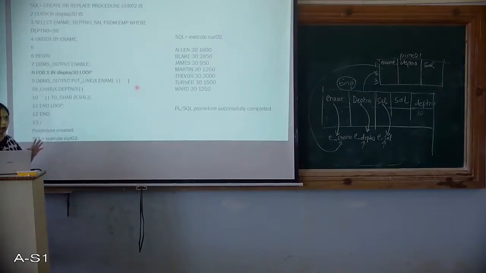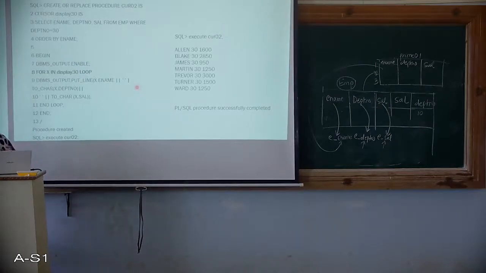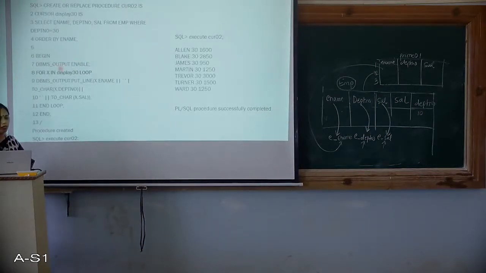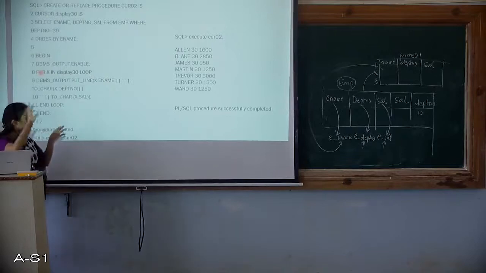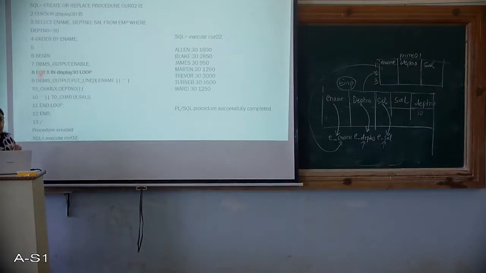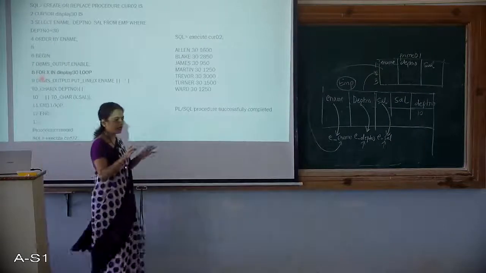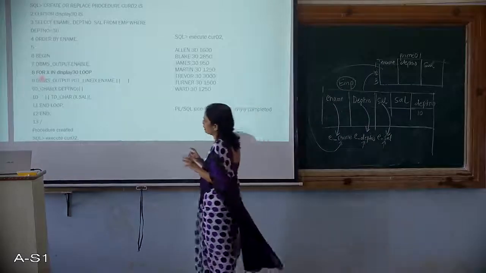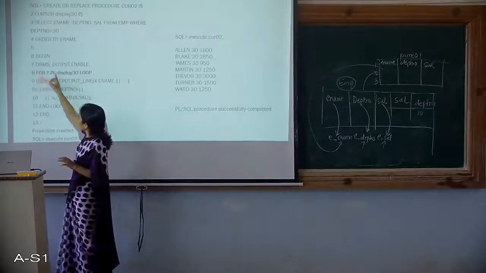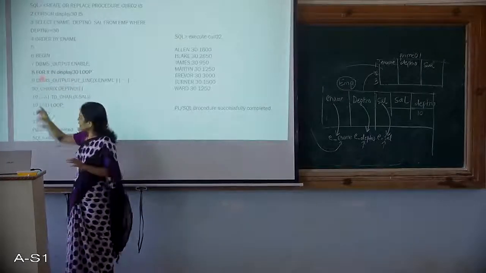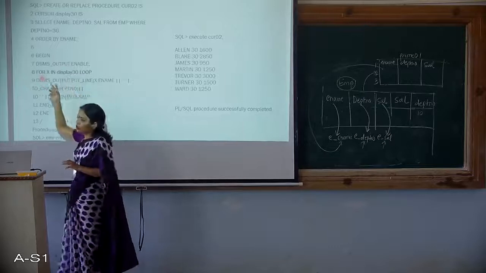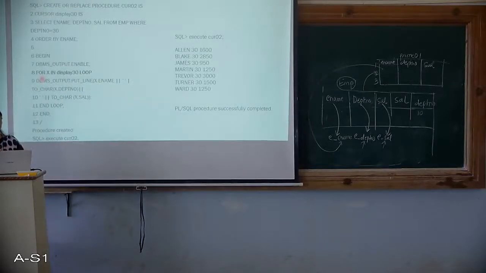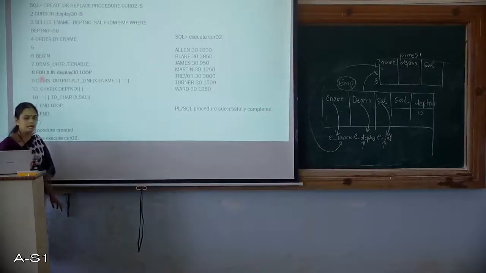With this, I think I have given you enough overview of how the cursor works. This is again just a different approach: instead of a loop which references a while loop, a for loop is being used. That's the only difference. The cursor handling, everything is the same. You can look at the entire program. The only thing that is different is the for loop: for x in display 30 loop. So as long as x has some value in the cursor, loop it and do something. So a for loop can also be used instead of a loop.